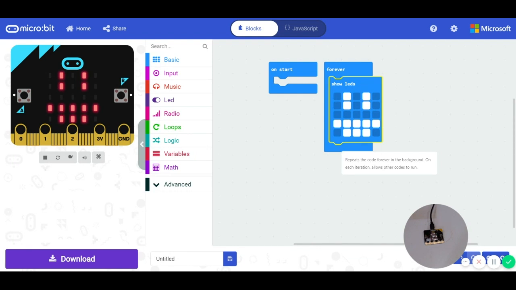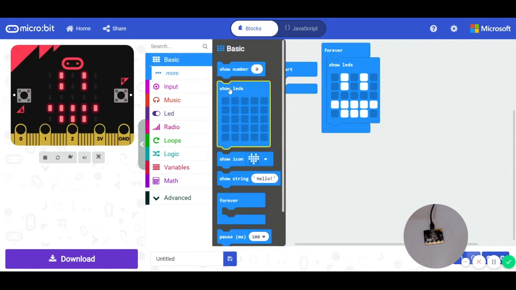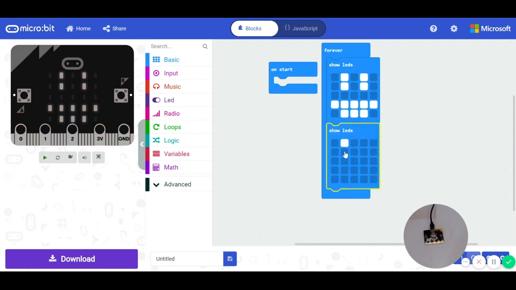And then the next thing is, how do I take a drawing or an image and make it an animation? You can talk about an animation as a series of images or a series of pictures. To create an animation in MakeCode, all I have to do is create a series of show LEDs. So I'll take another show LED block, drag it in, and make a second image that is slightly different